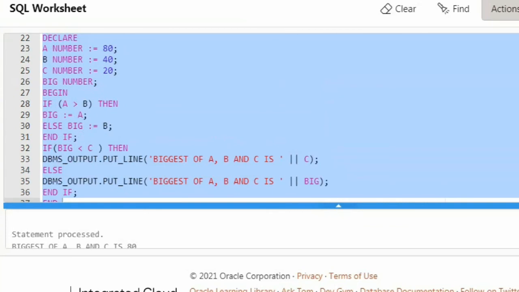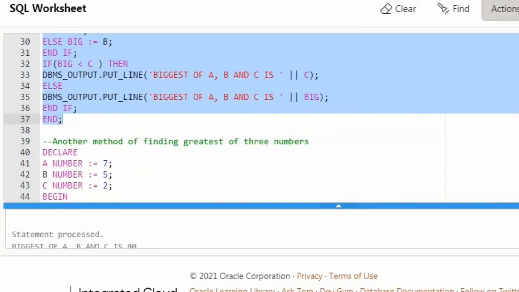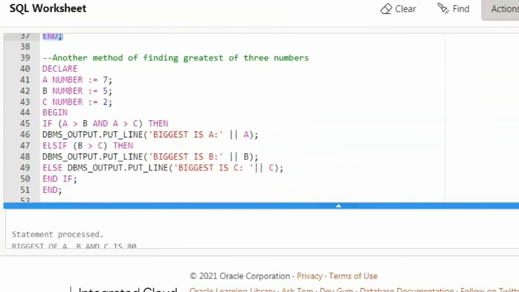Okay, so in the declare I'm giving all the declaration of the variables needed, and also I'm assigning it, or else I can take it from the user. And then in the begin I'm writing all my logic. If I'm using an if statement, then there is a then, and then I need to put an end if over here. And if is associated with an else, all that. Okay, fine. So I can solve the same problem in another method.